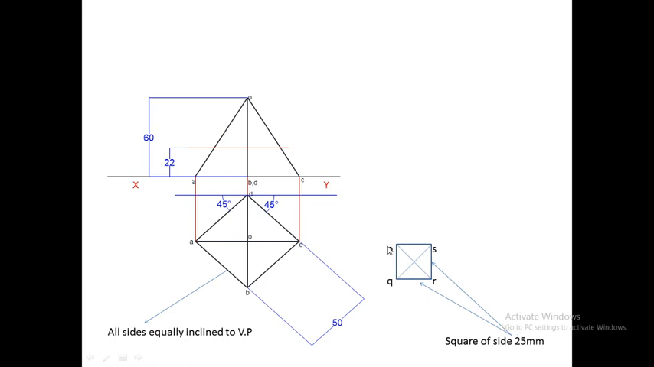After that, mark the corners P, Q, R and S. After naming the corners, join the diagonals. You will get the center point of the square. So after getting the center of the square, that is this point, take distance on the rounder from center to